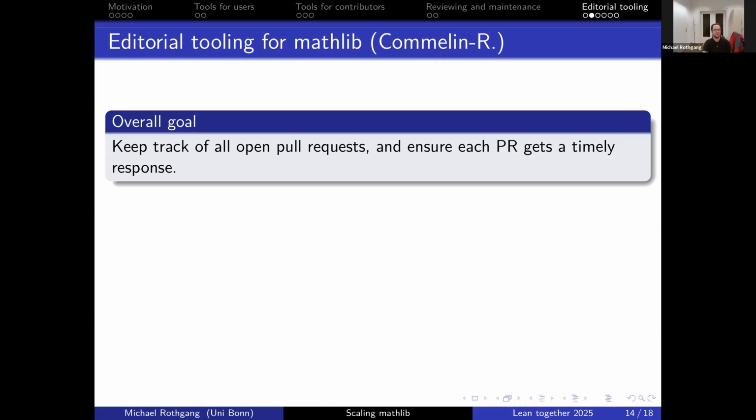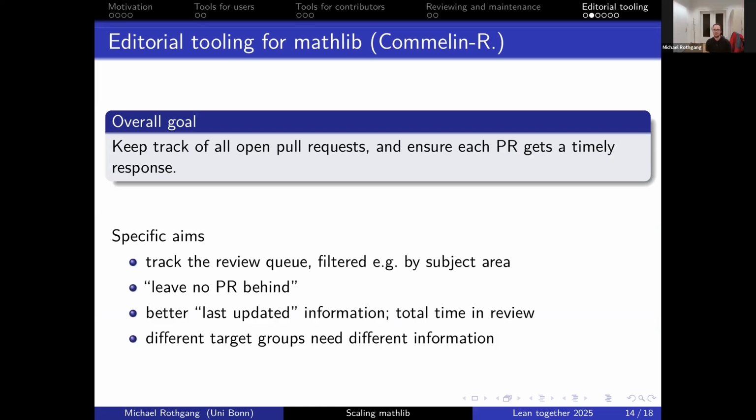So what do we need from that tooling? Well, it would be nice to keep track of all pull requests that are ready for review and allow for filtering, say, by subject area. Then secondly, it's incredibly easy for a pull request to fall through the cracks. So for instance,